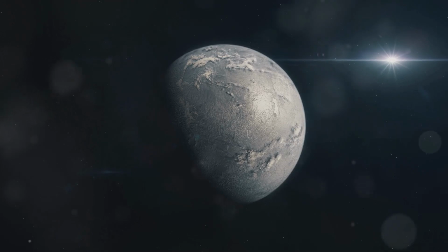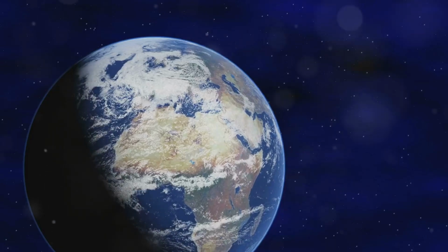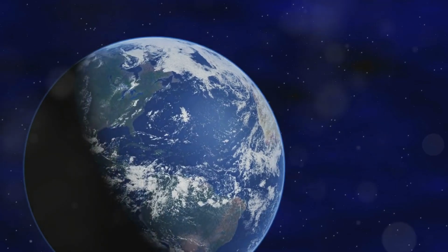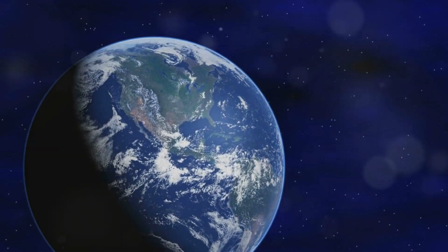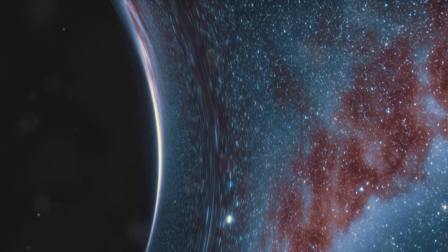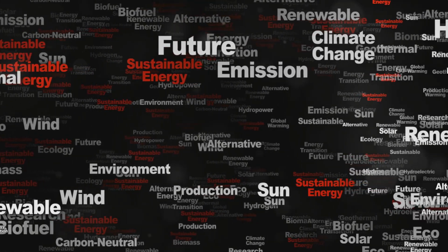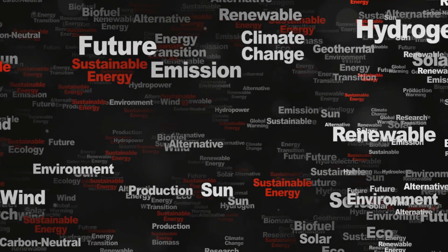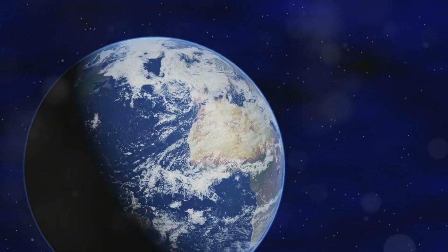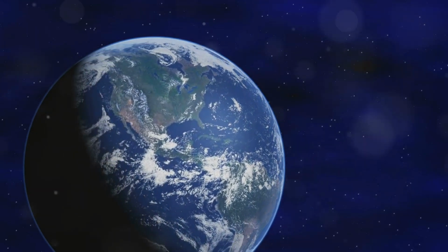Potential for life. Beyond just water, a planet needs the right conditions to support life. This includes a stable atmosphere that can trap heat, shield the surface from harmful radiation, and provide essential chemicals like nitrogen and carbon dioxide. The planet's size and gravity must be sufficient to hold on to this atmosphere. Additionally, the presence of energy sources such as sunlight or chemical energy from hydrothermal vents is vital for sustaining metabolic processes. Planets also need a way to recycle nutrients, which can be facilitated by geological activity like plate tectonics or